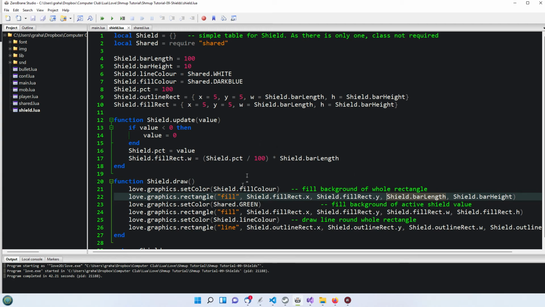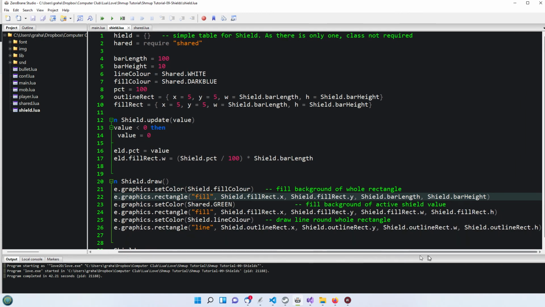So come back to the beginning again. We're doing the filled dark blue color and doing the whole rectangle from the length of the bar to the bar height. So we're filling the whole thing in. Then we're refilling the same area using the fill rectangle's width and height, which has been set in the update value here, and then we're drawing the line round the whole rectangle. So this one has set, I believe,